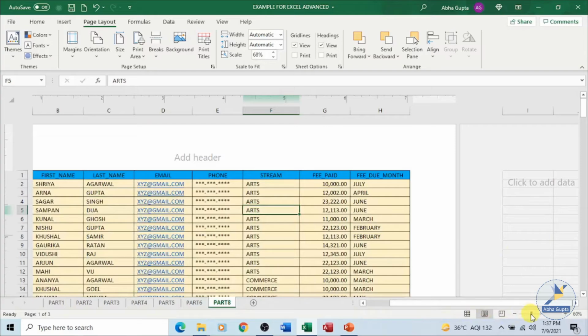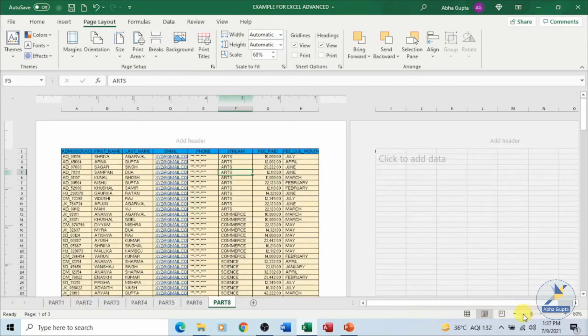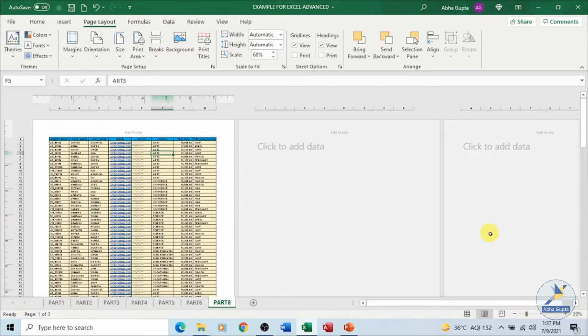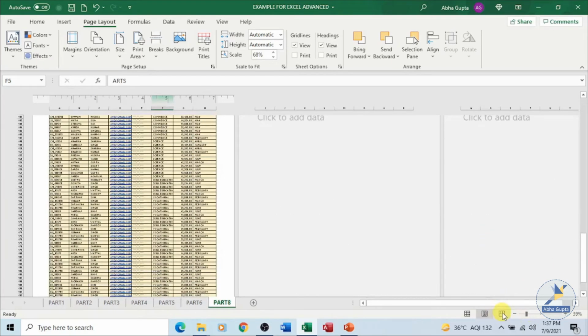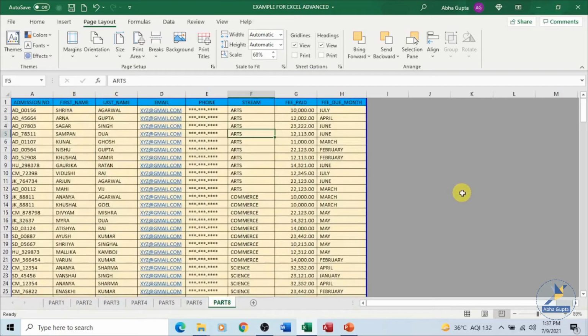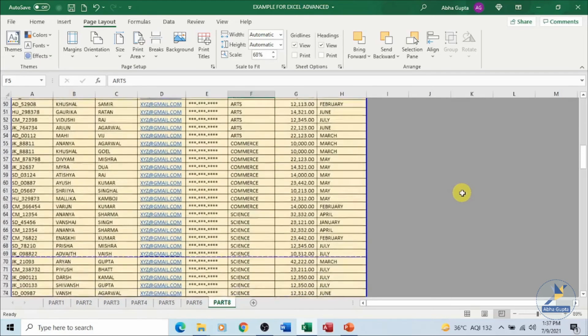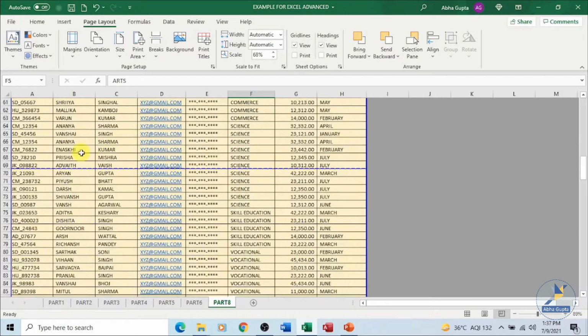Let's change the zoom level. You can see over here 1, 2 and 3. Let's go back to the page preview. Now on one page we are having something around like 69 records. If I want, I can change this. I want on one page, I want 70 records. If I want 50 records, that can also be done over here.